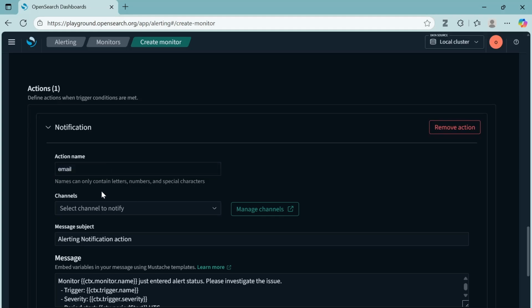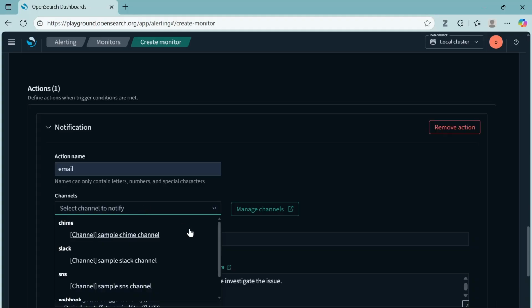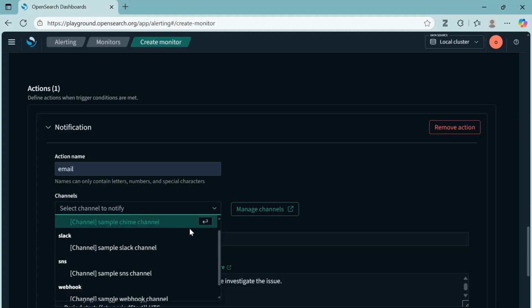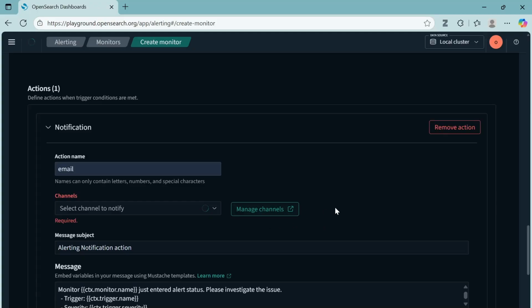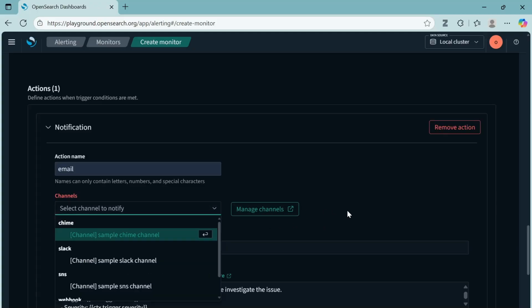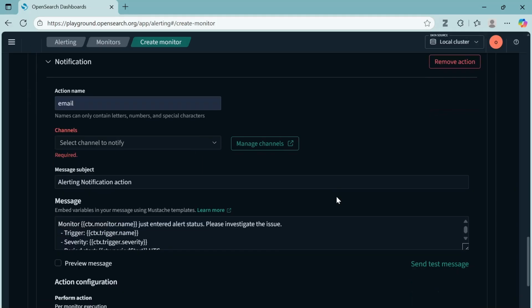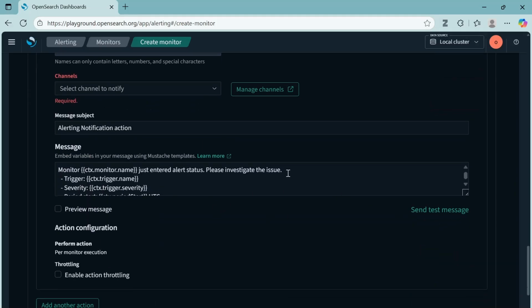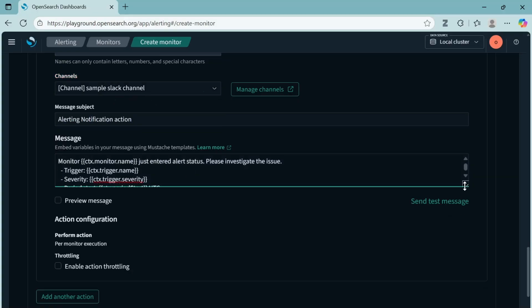You have to write the action name, let's say, and there are different channels which are provided by default here, like Chime, Slack, SNS, webhook, etc. We can also manage channels. We can also create channels, which I'll show you later on. And if you select a channel, let's select Slack or something, you can see here it shows the